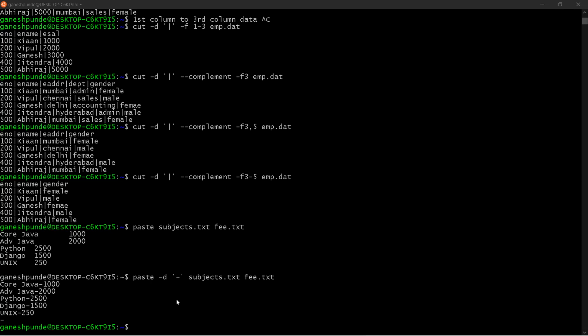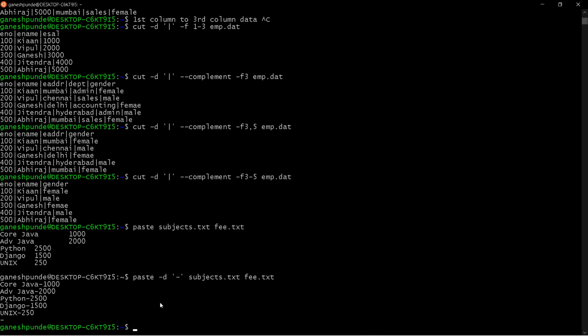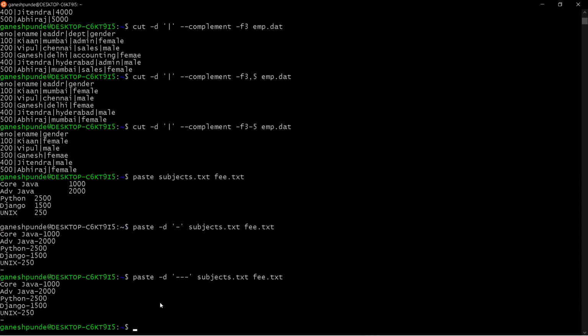Here you need to note that the delimiter will be a single character. If you try to provide more than one character, it will just take the first character. So for example, if you try to add multiple characters, it will take only one character.